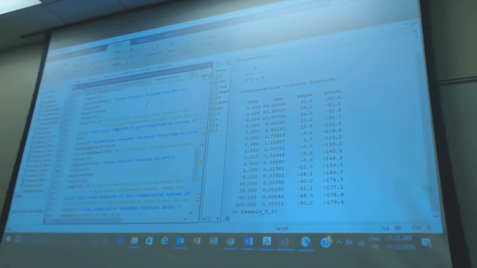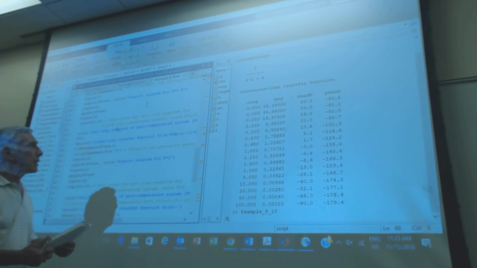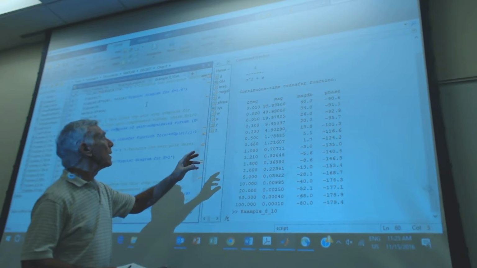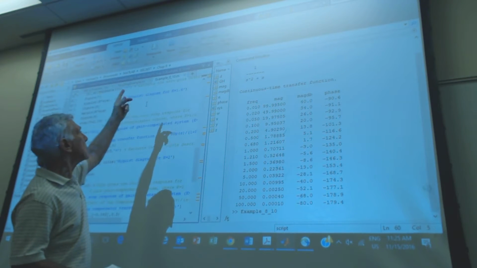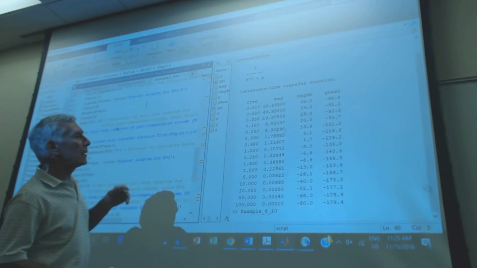I have to wait. This is a previous problem, it'll go away. It's still kind of generating. Anyway,